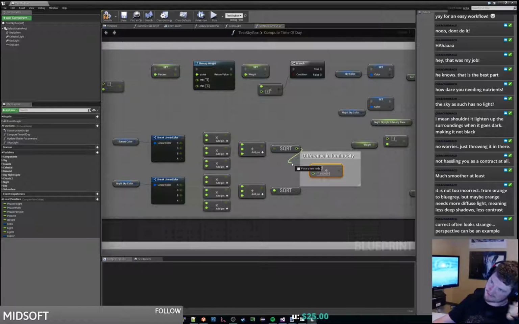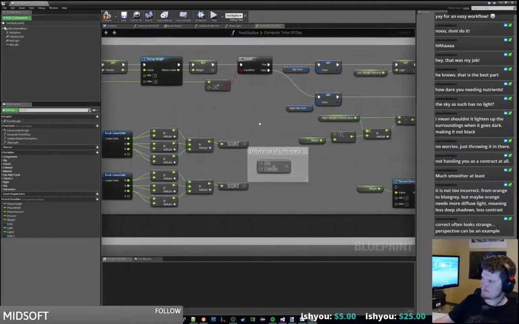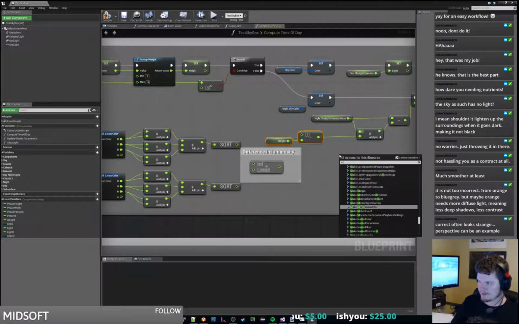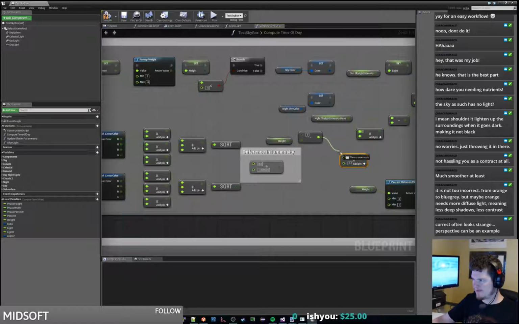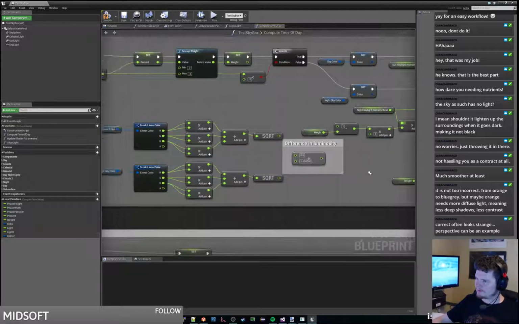Alright, what should it be? If this is 0 to 1, it should start at 0. So what would this be? This would be 0 divided by 1? Basically we need to multiply this over here by a value, which would be the percentage in luminosity difference. So it should go from